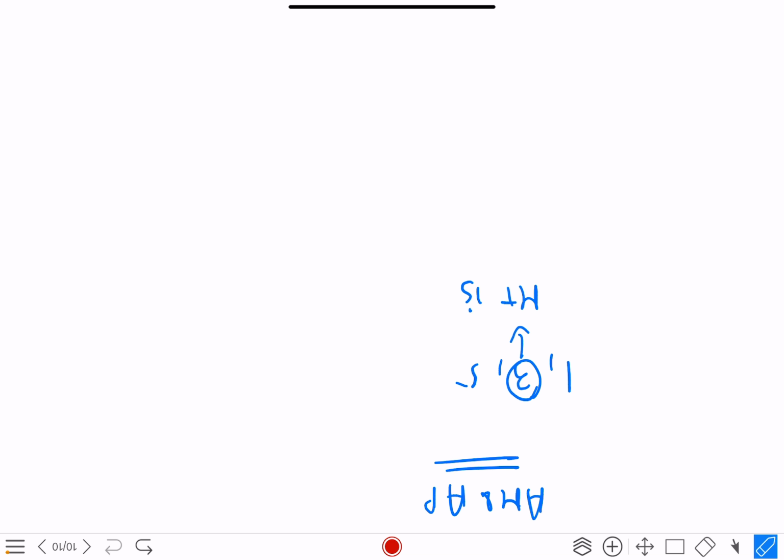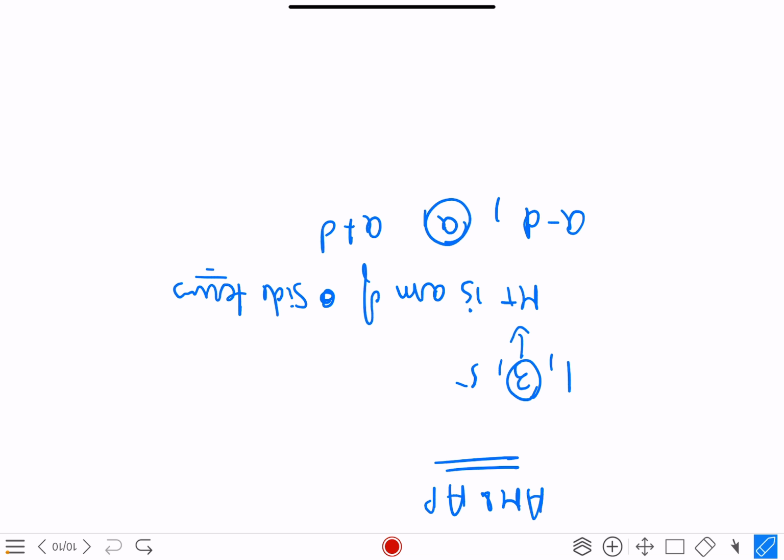Alright. And finally you have the relation between AM and AP. Remember, whenever 3 terms are in AP, the middle term is the AM of the side terms. The terms which are on the side, the middle term is the arithmetic mean of them. That means suppose I write an AP of 3 terms like this: a minus d, a, a plus d. a is the AM of a minus d and a plus d. You can verify this: (a minus d plus a plus d) by 2. This gets cancelled, 2a by 2, you get a. That's how you get the arithmetic mean.